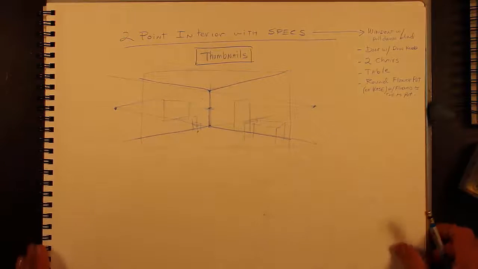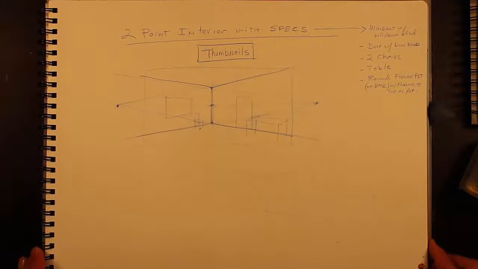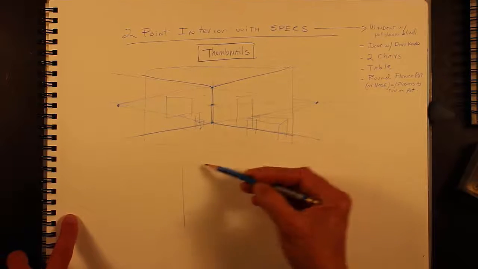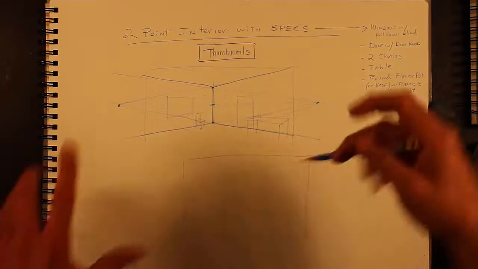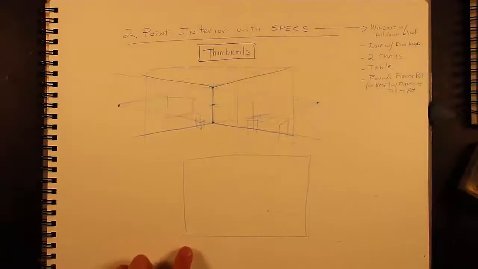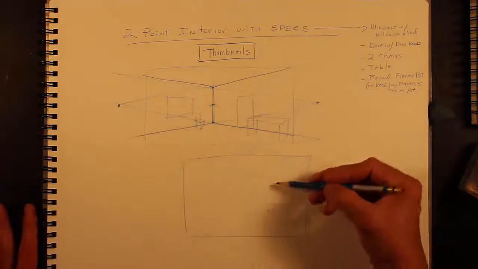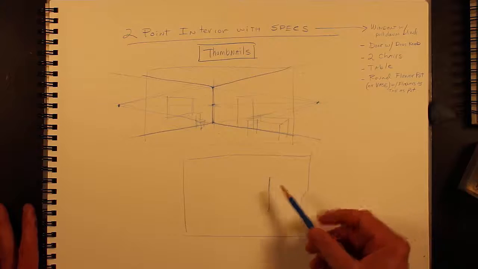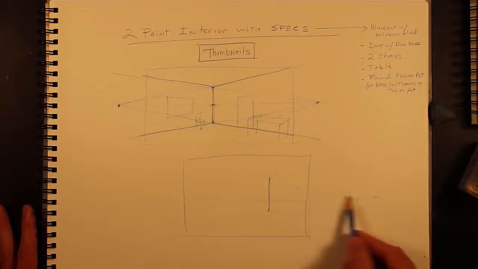So I'm going to go through it again, seeing that our video is still running. Sometimes it shuts off automatically, which is really irritating. Okay, so first thing, draw a border. If you're looking at something live, this is where you're framing it in your picture plane. Then place the corner. So right here, this will be my corner. I'll say there it is. My eye level line, I'll say, is right here,